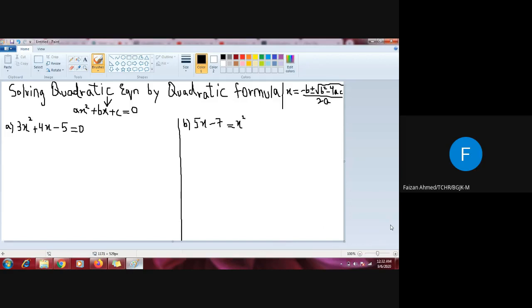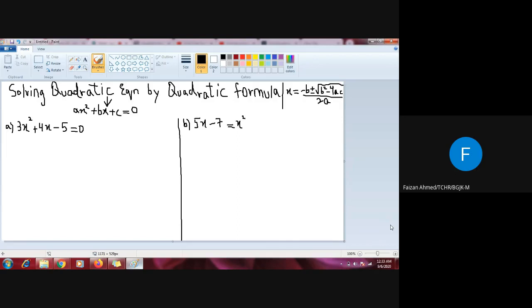So that method is not applicable everywhere. We need to learn some more methods, the methods which can be applied everywhere. The two methods were the completing square method and the quadratic formula method. These two methods apply everywhere, and we have learned how to apply the completing square method. In this video, we'll be learning about the quadratic formula method, and we will be solving two questions on how to solve a quadratic equation by using the quadratic formula.